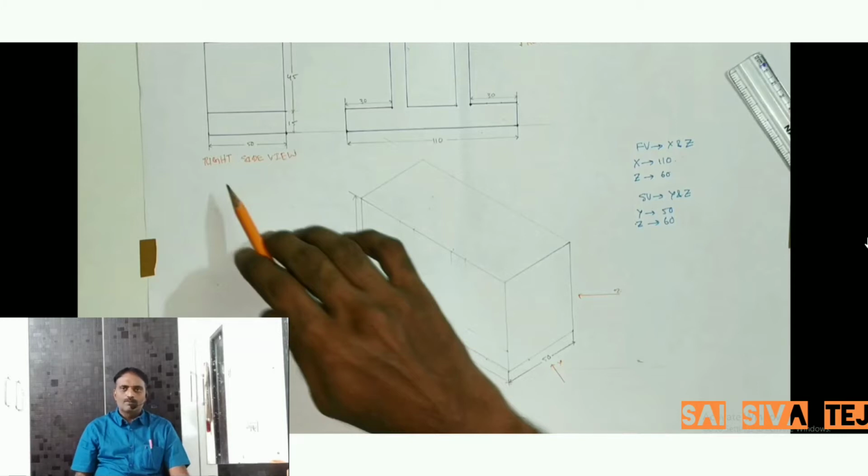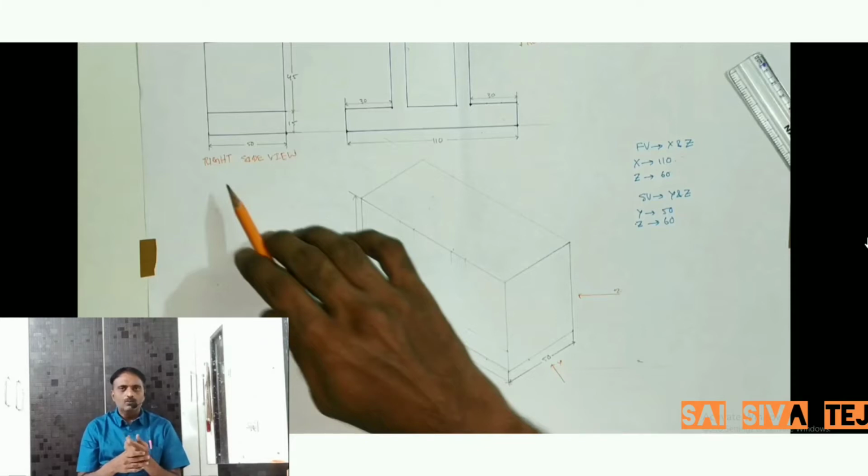We will be given the front view, top view and side view as the reference in order to develop the isometric projections. We know from the front view we are going to have the dimensions of x and z, because front view always is going to give us the xz plane. Similarly, top view is going to give us the dimensions of x and y, and side view is going to give us the dimensions of y and z.